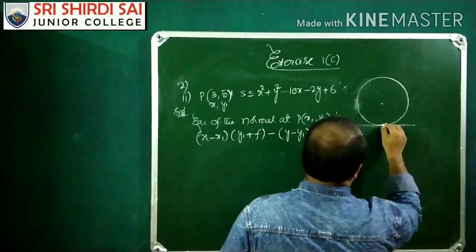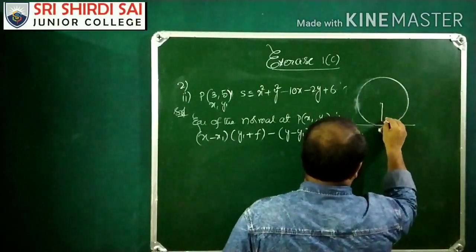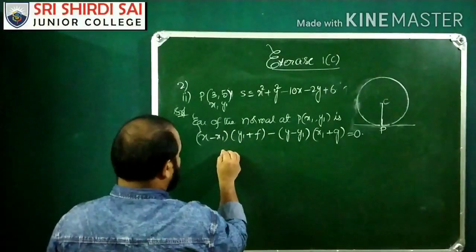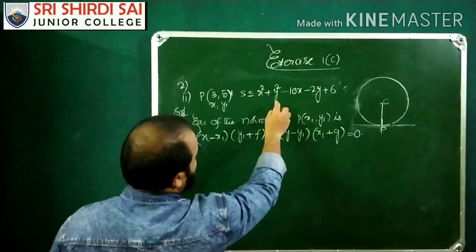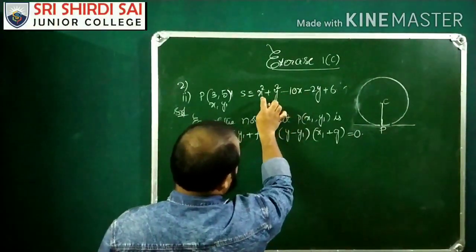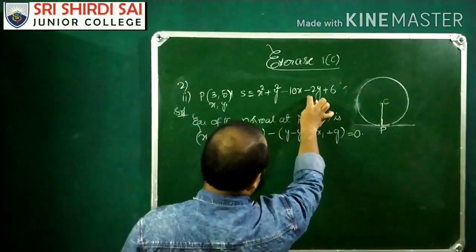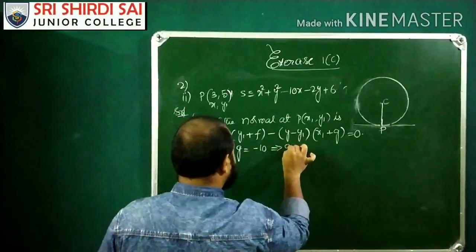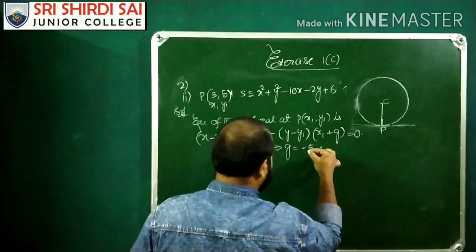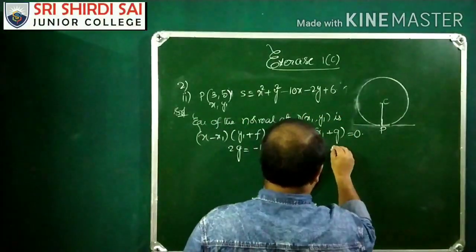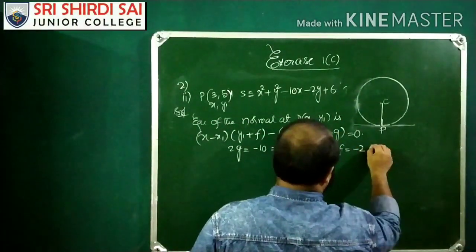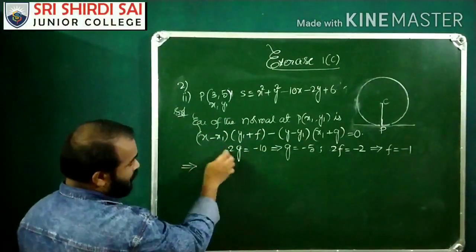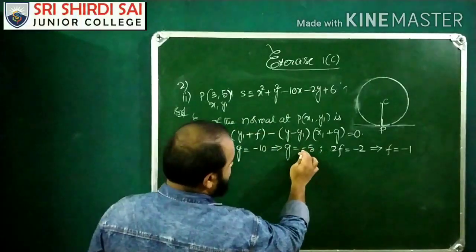So this is the tangent and this is the normal. So this is C. So for this circle, what is minus g, minus f? Here if we compare this with the general equation of the circle, x square plus y square plus 2gx plus 2fy plus c equals 0, 2g equals minus 10 implies g equals minus 10 by 2, which is minus 5. Likewise 2f equals minus 2 implies f equals minus 1. So we have x1, y1 and g, f values also,